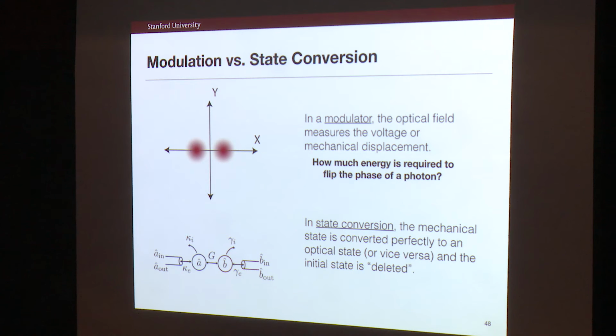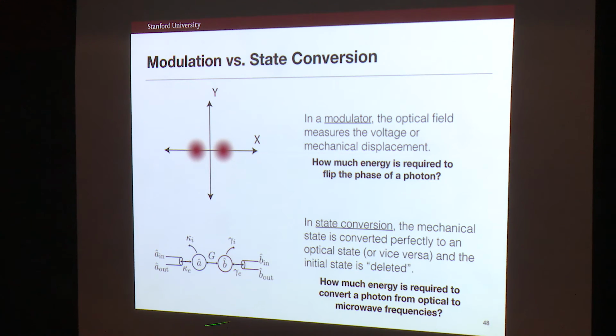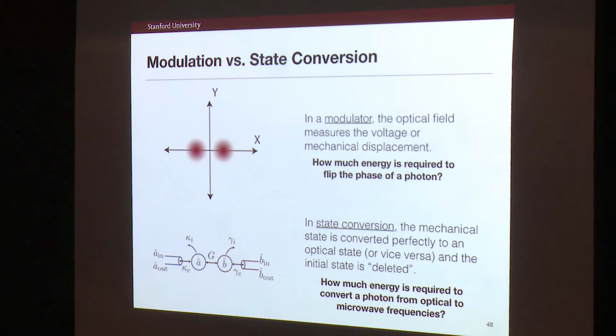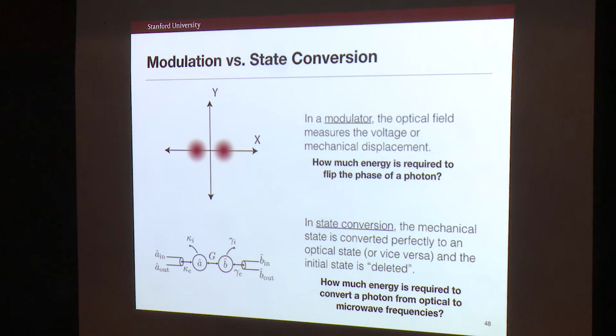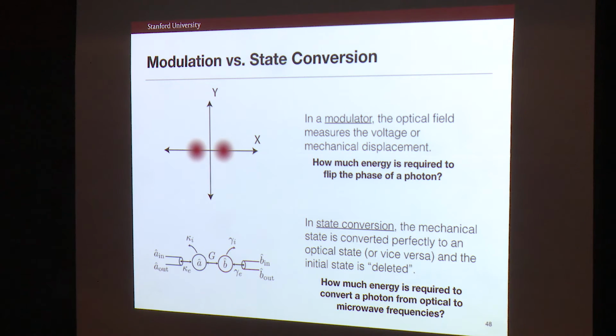On the classical side, for these modulators, what you really care about is sending in as little microwave signal as possible to modulate your light field. And on the quantum converter side, what matters is that you're trying not to heat up your fridge. So you want to dump a low optical power into your fridge for every qubit that you're converting.